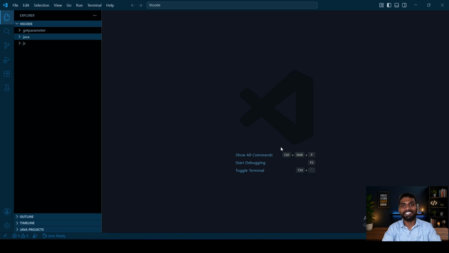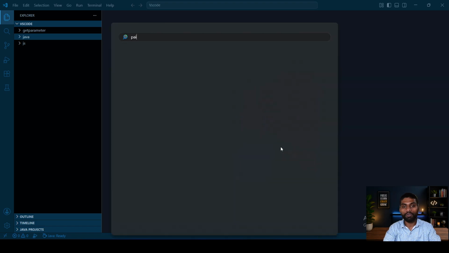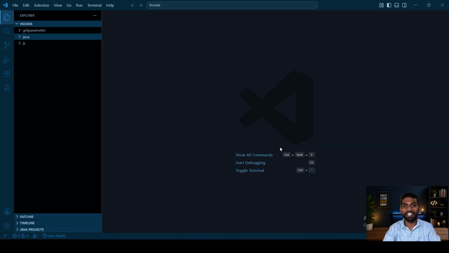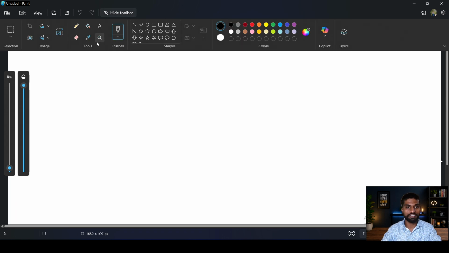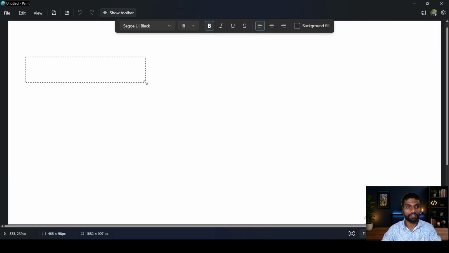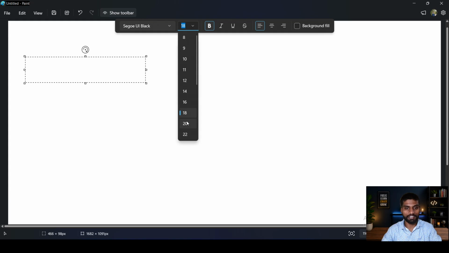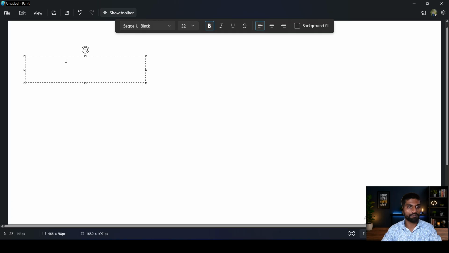What are Java 8 features and in which year did Java 8 come? So, everything about the Java 8 features. Okay, I want to open my paintbrush. Just see here. I want to write some theory points about Java 8. Okay, I will give the title Java 8 features. I want to just increase the font size a bit. Okay, Java 8 features.